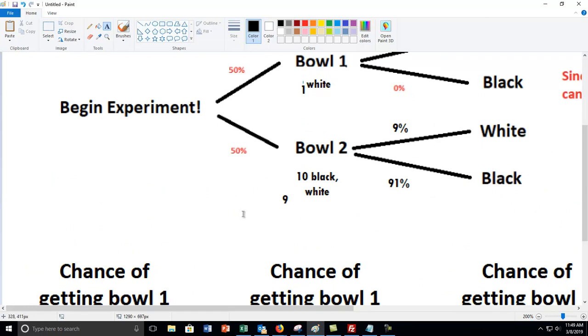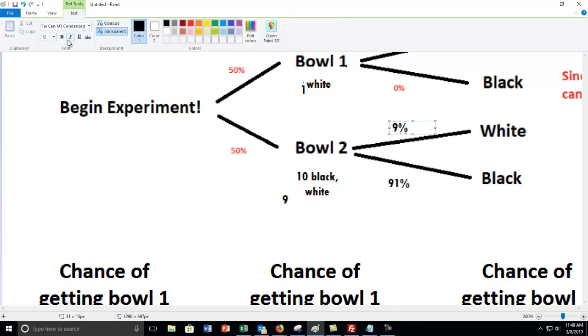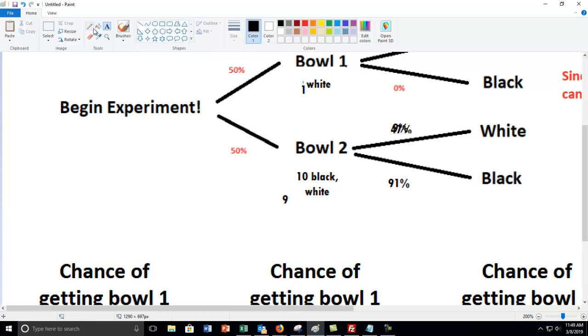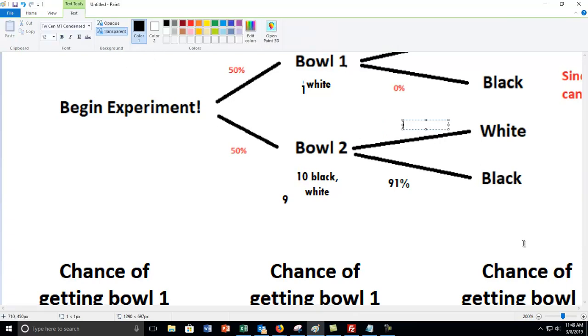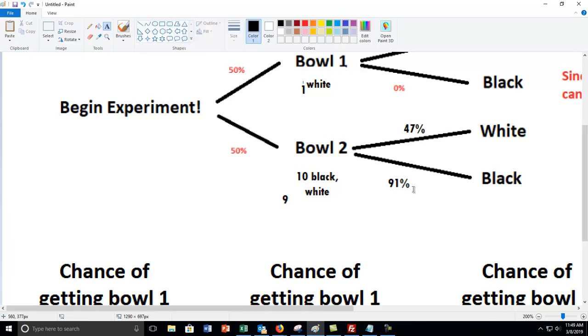Now, that's the thing I think I can't do in my head. I'll do it over here. I want to get some precision here. 9 divided by 19 is 47%. So there's now a 47% chance. Here, I'll draw that here. 47%. Oh, it's a little, sorry. I should have probably erased the first one. So this is 47%. Now, that means this is 53, but I don't even need to worry about that branch,